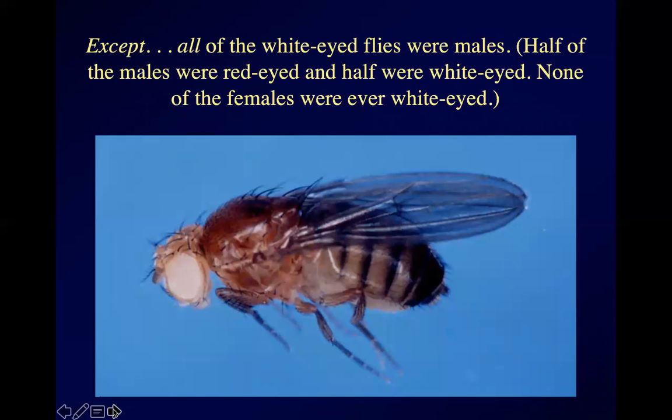With pea plants, they've got male and female sex organs together, so they don't have separate sexes. Most plants don't have separate sexes, although there are some exceptions. The one I can think of off the top of my head is kiwi fruit, which has male and female plants. Fruit flies, of course, have separate males and females, and with a little practice, it's fairly easy to tell them